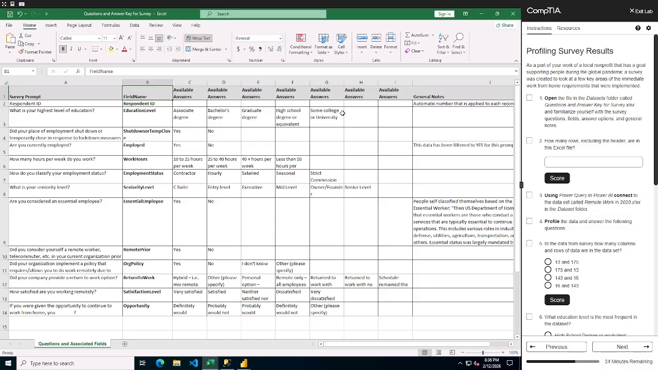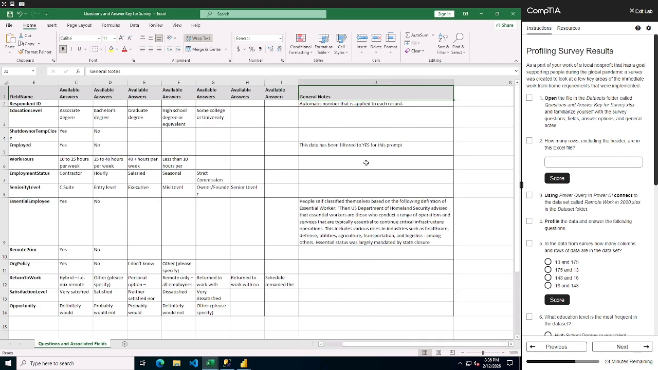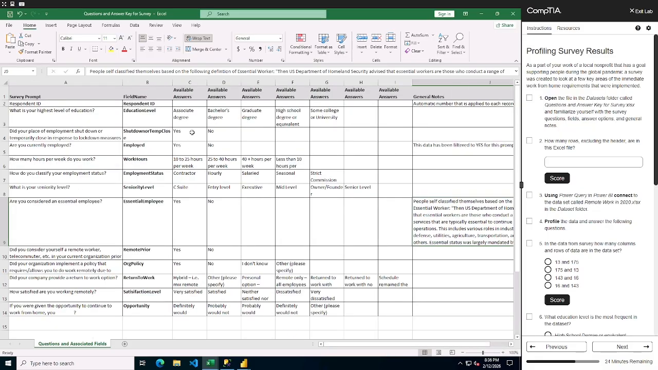And then here are the available answers if there's multiple choice. And then here we've got some general notes. Okay, something like automatic number that is applied to each record. Data has been filtered to yes for this prompt. Okay, people self-classified. And then here we've got like yes or no answers, 5 answers here, multiple choice. Okay,